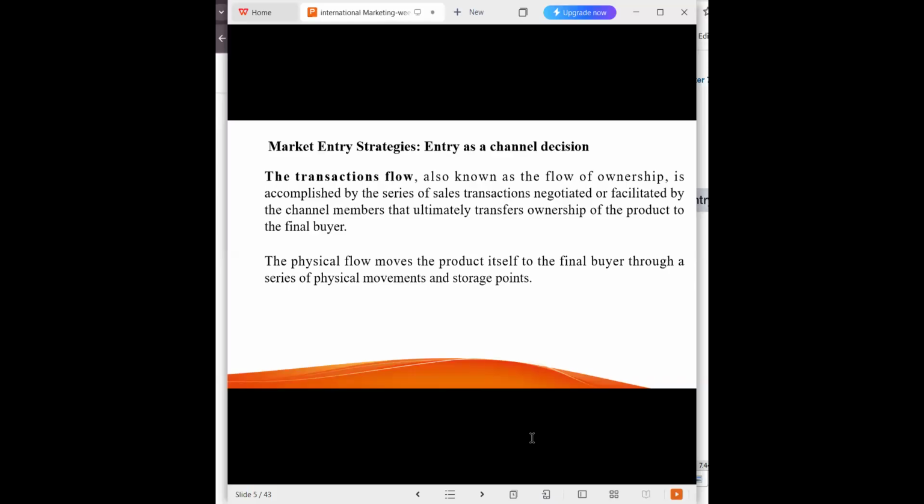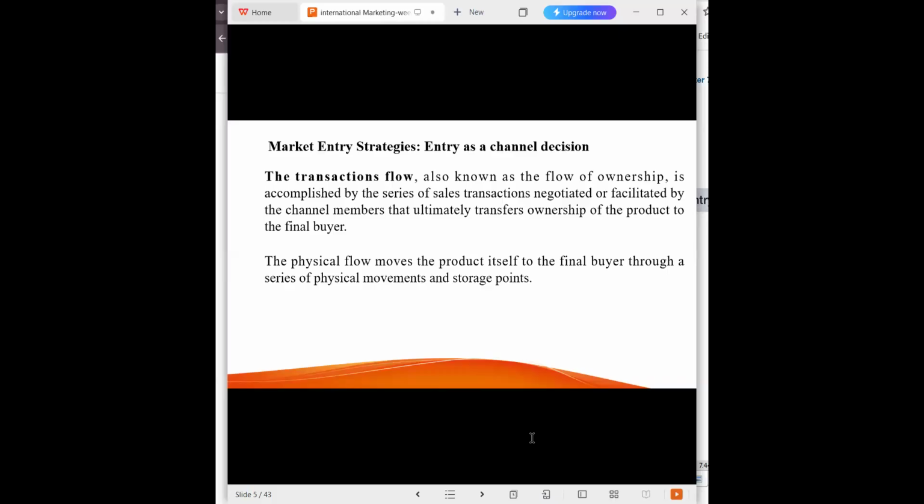So an organization has to consider the distribution structure. You can look at it from the transaction flow, from the channel members, the intermediaries, the movement within the nation and between two nations, and how you want your distribution structure to be, because it will also affect the kind of strategies that one has to take, and also